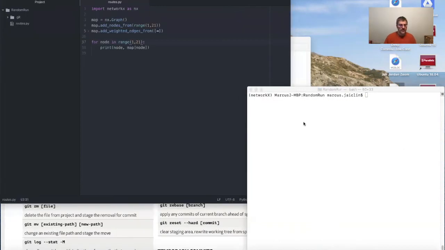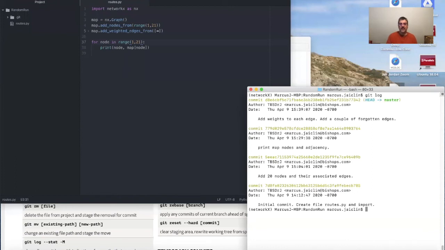One more quick tool that might be useful in Git. Take a look. If I look at my log, I've got these 4 commits. If I wanted to see what the heck did I do in that third commit here, print map nodes and adjacency, what does that mean? So I can always do git show and then type in the first 7 characters of the hash,